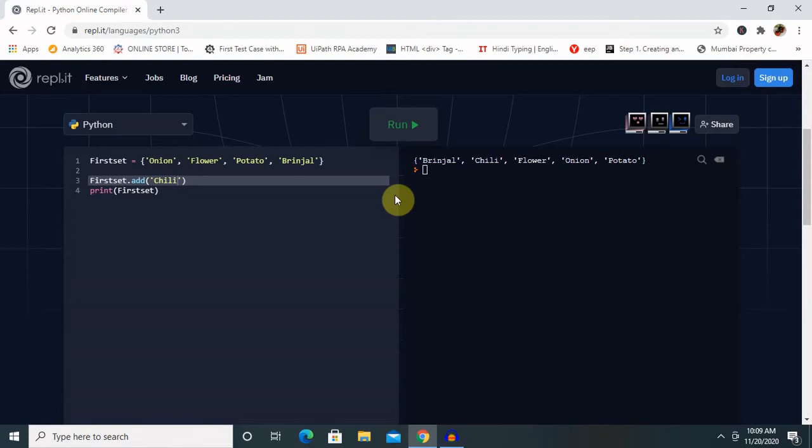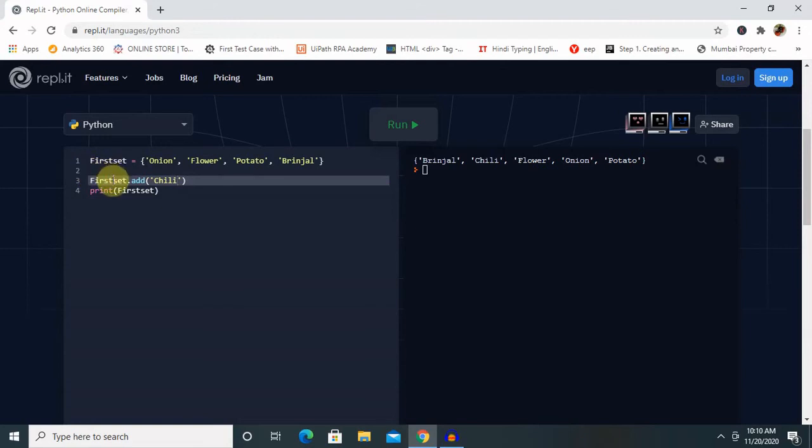So let's understand several other operations. Set items are unordered, unchangeable, and do not allow duplicate values. So what does unordered mean? Unordered means that the items in a set do not have any defined order. Set items can appear in a different order every time we use them and cannot be referred to by index or key. Unchangeable means sets are unchangeable, meaning that we cannot change the items after the set has been created, but definitely we can add to it, as you can see in this program.